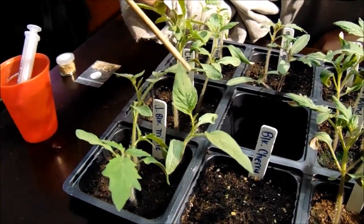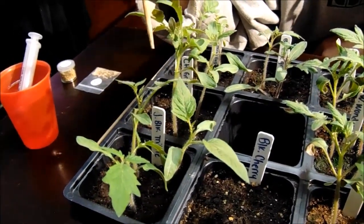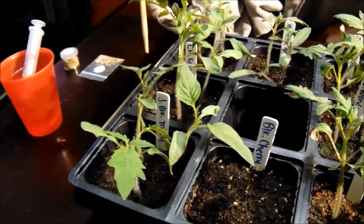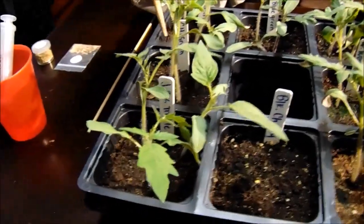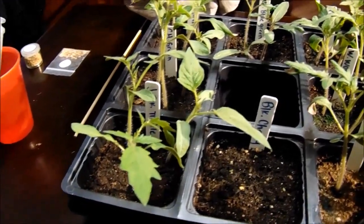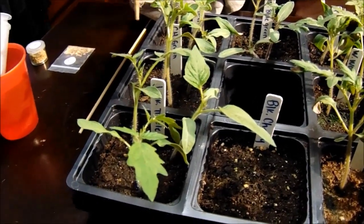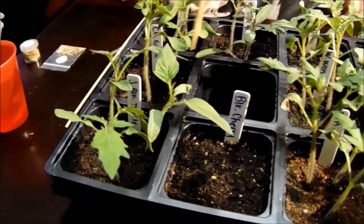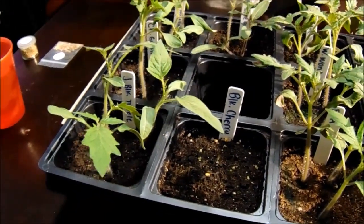So there is a good chance that there is a cross within the Japanese black trifle of all of the seeds that we had sent out. That cross, it was sitting next to black cherry tomatoes, it was sitting next to Ava purple ball tomatoes and Cherokee purple. A super slight chance it could have been the White Wonder, but this is what we were worried about. The way that we garden, you guys,